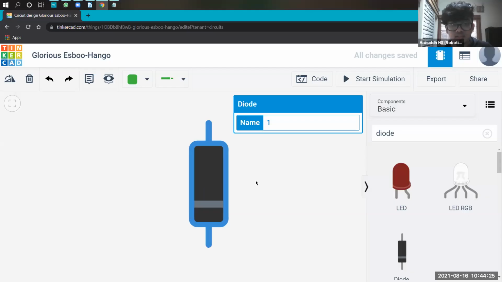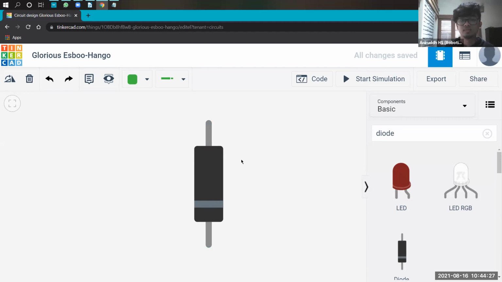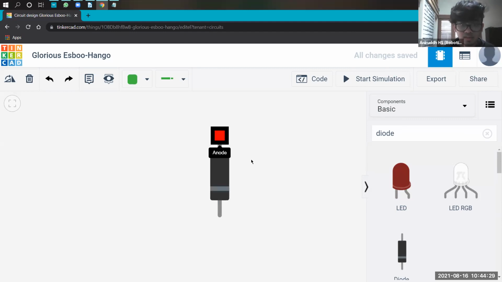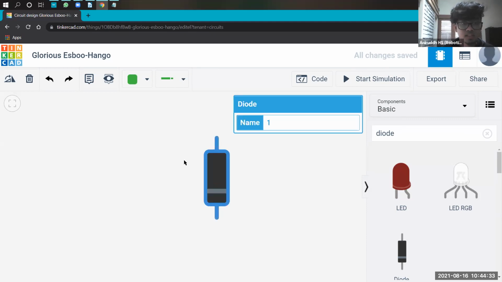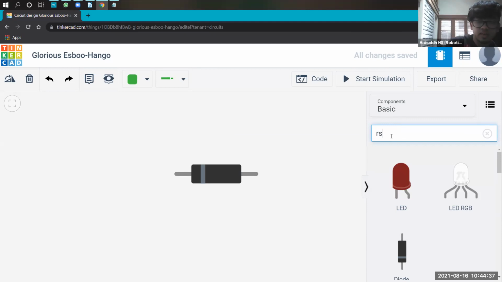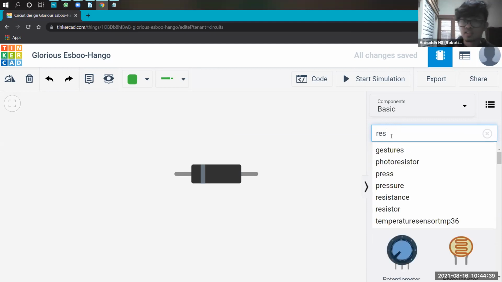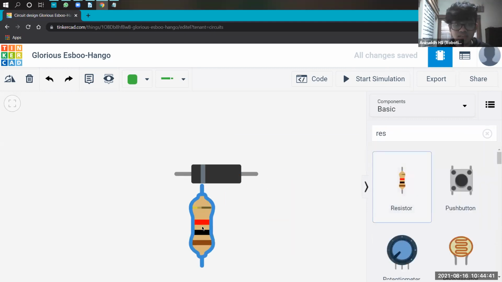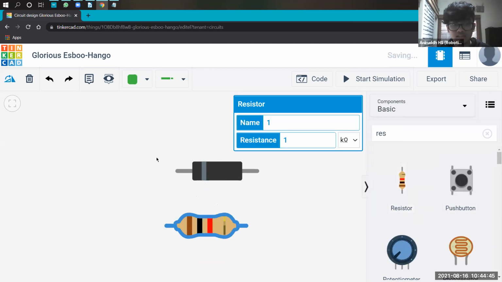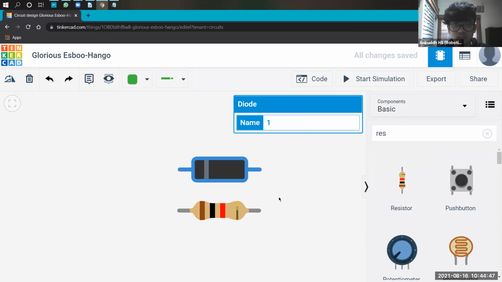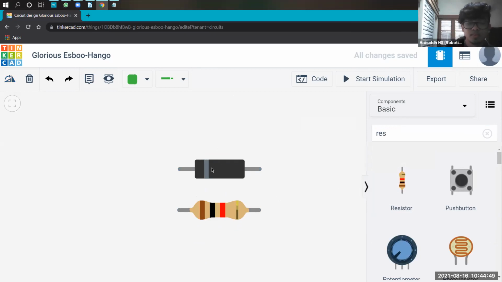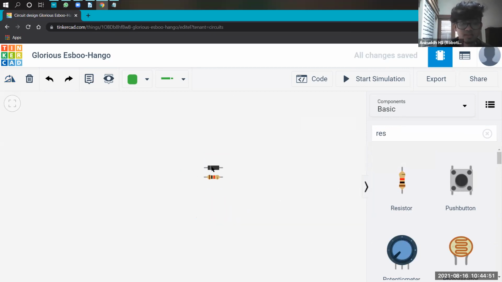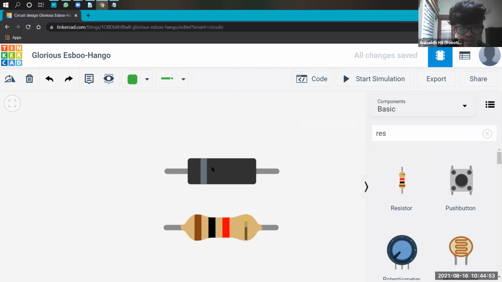This is basically, you see these two, right? It has two metal conductors and the center part is black. The black part looks like a resistor, and it's the size of a resistor also. Wait, let me just get a resistor. It's almost the size of a resistor, but it is exactly cylinder in shape, unlike the resistor. It's like this. So this component is very small, around this big. But I'll just zoom it in right now.